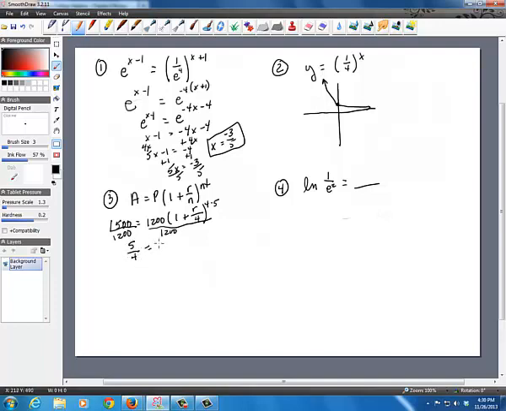And I end up with 1 plus r over 4 to the 20th. So the only way to get rid of that is to do the 20th root on both sides. So I took a calculator and I calculated the 20th root of 5/4, and I got